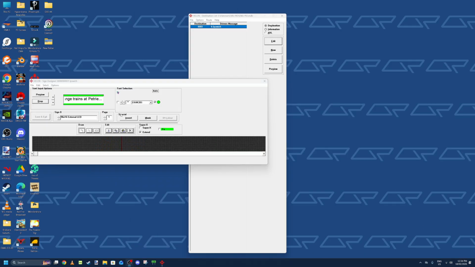Okay, so we just got our issue fixed. We have a very simple announcement that we are going to read out. This is an Ipswich train running express to Petrie. The next station is Petrie. Customers for the Redcliffe Peninsula line, please change trains at Petrie. As you can see,